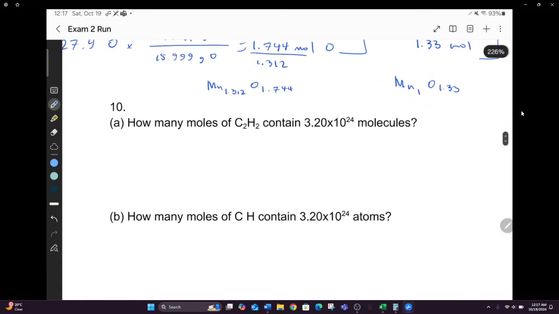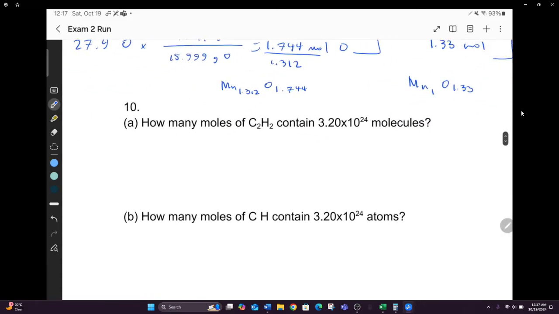How many moles of C2H2 contain that many molecules? How you're going to do this is, we're going to start with this number, because that's what we're given. So 3.20 times 10 to the 24 molecules of C2H2, and it's asking for the amount of moles. So we're going to say that 1 mole of C2H2 is 6.02 times 10 to the 23 molecules